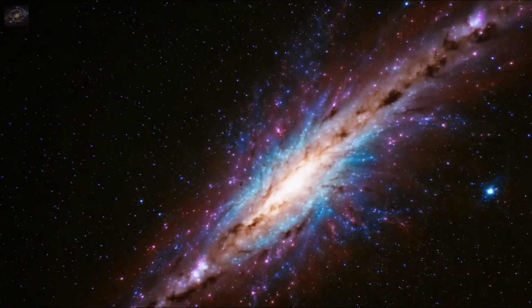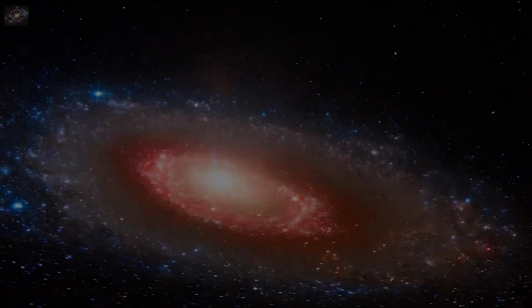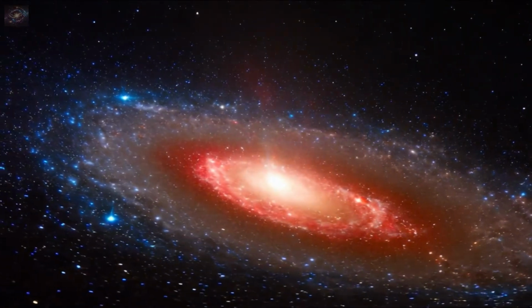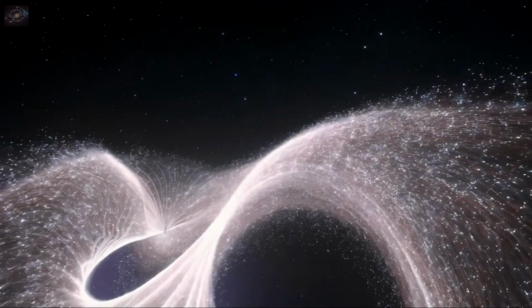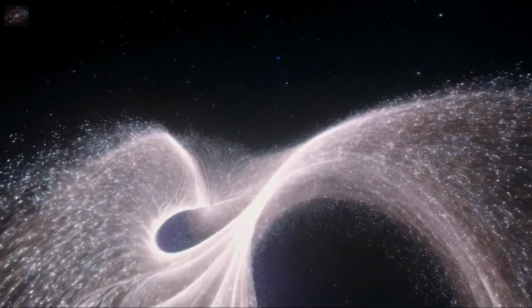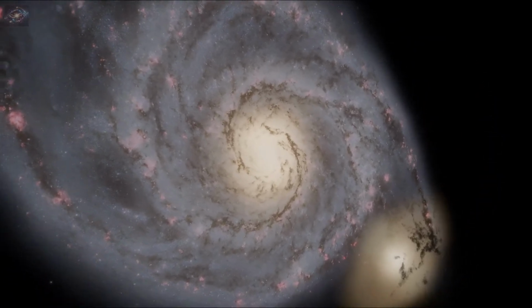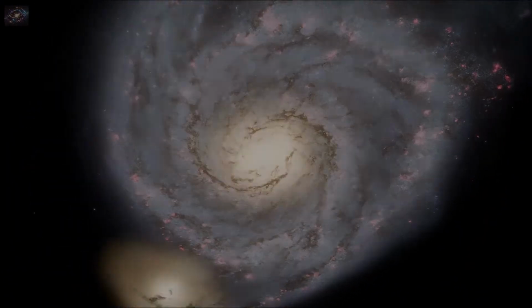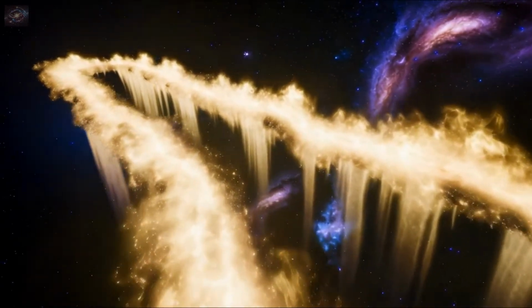Velocities of stars in the outer regions of the galaxy suggest the presence of a dark matter halo that extends well beyond the visible boundaries. This hidden mass exerts a gravitational influence that stabilizes the galaxy and maintains the integrity of its spiral arms. Observations of the whirlpool-like entity have significantly contributed to the broader understanding of how dark matter shapes galaxies across the